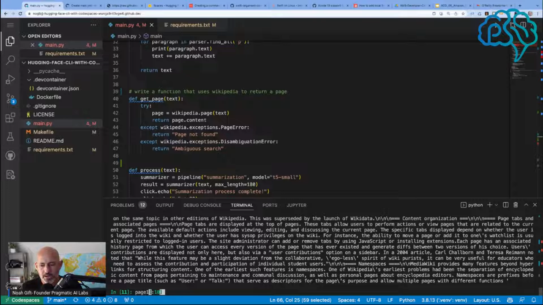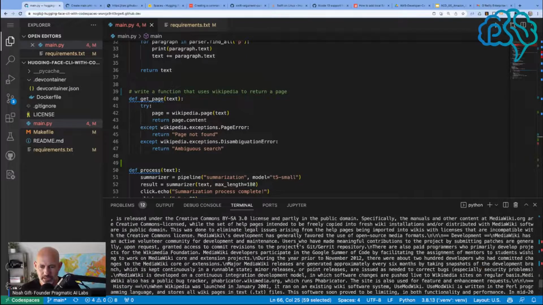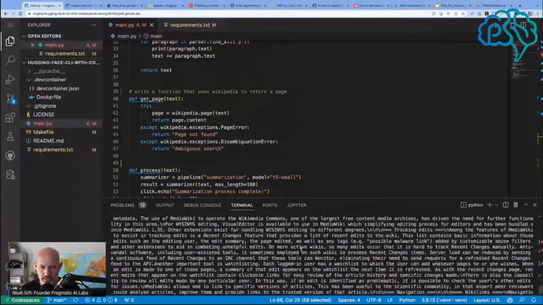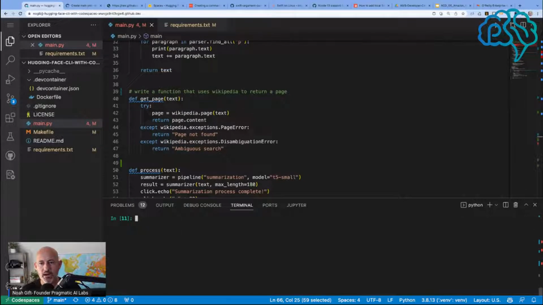Weird. There's a lot of Wikipedia stuff here that I don't care about. Wikimedia. So I guess that's why you don't want to always grab the page. But now I'm going to try the Wikipedia library, and we'll call this page2 is equal to Wikipedia